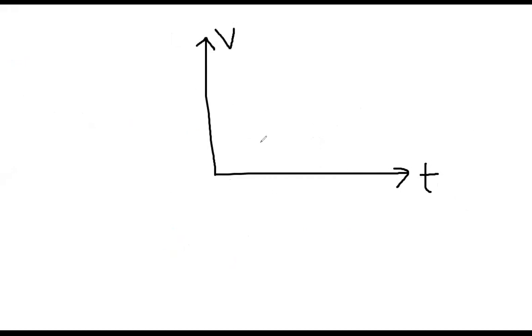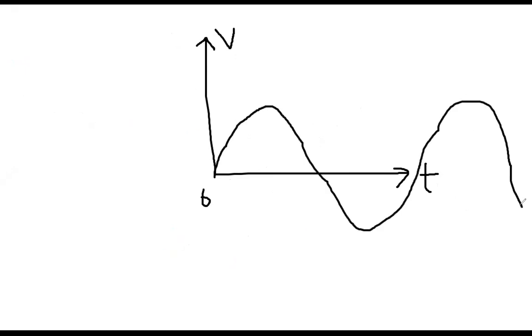Everybody see, for example, you are at your home and you are measuring the voltage. Now, for example, you have an oscilloscope. This is the 0. Through the oscilloscope, you are measuring the voltage and you are getting this type of waveform. An oscilloscope can give you this type of voltage waveform.